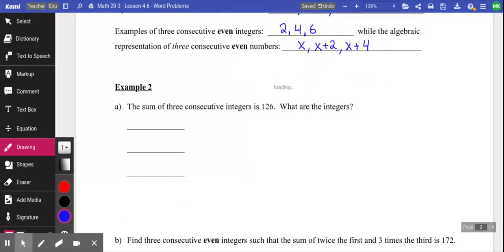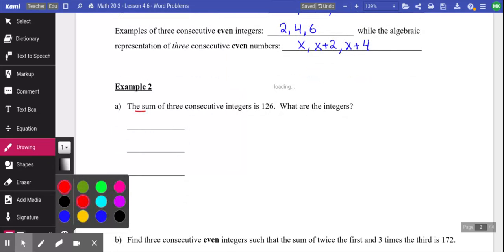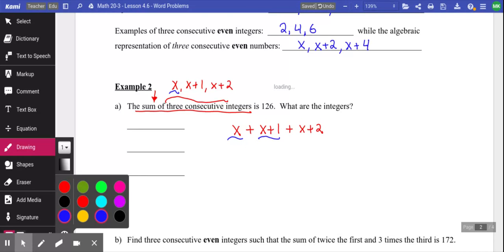Awesome. So when we look at a question like number 2, it says the sum of three consecutive integers. Sum means we're adding everything up. Three consecutive integers is x, x plus 1, and x plus 2. So what we need to do is add those things together. So we have x plus 1 plus x plus 2. Right? This is the first number plus the second number plus the third number